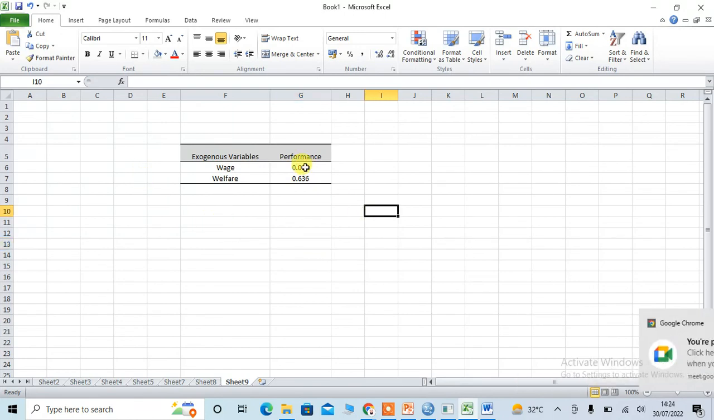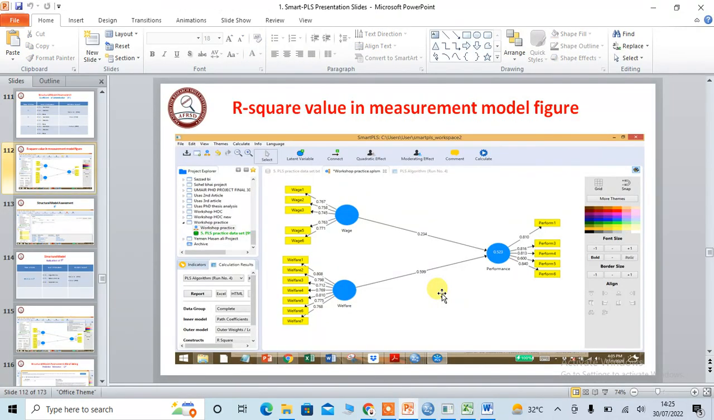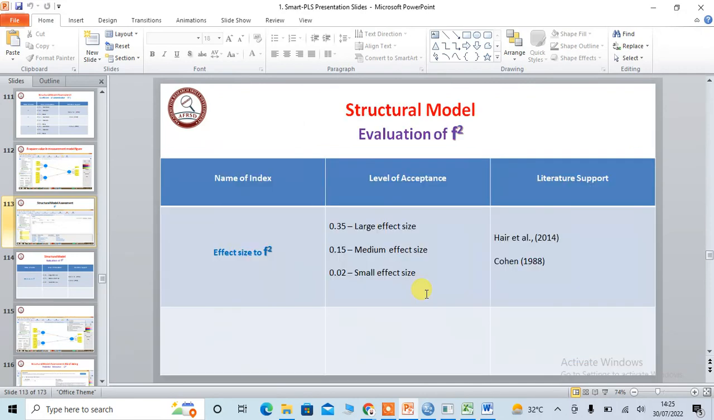Okay. This is the f square value. What is the criterion for the f square value? According to Cohen and Hair 2014, if it is 0.35, it is a large effect size, and if it is between 0.15 and 0.25, then it is called a medium effect size, and if it is between 0.02 and 0.15,